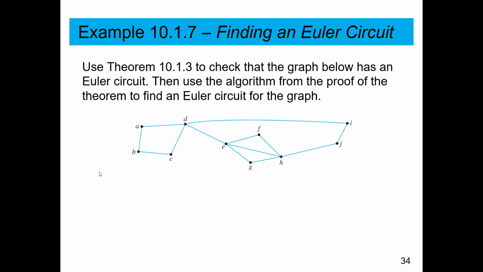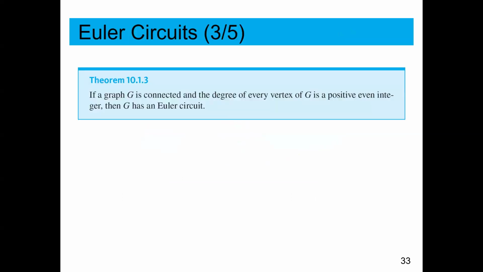Let's look at this graph. This graph, it turns out, is Eulerian because we can simply go around and write all the degrees. And we have degree,